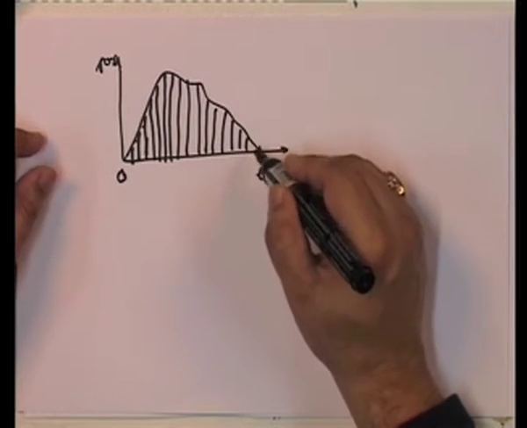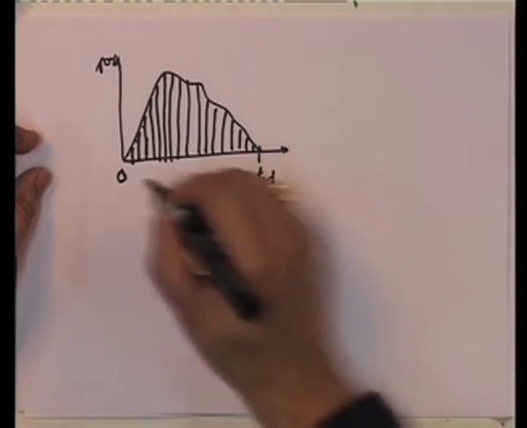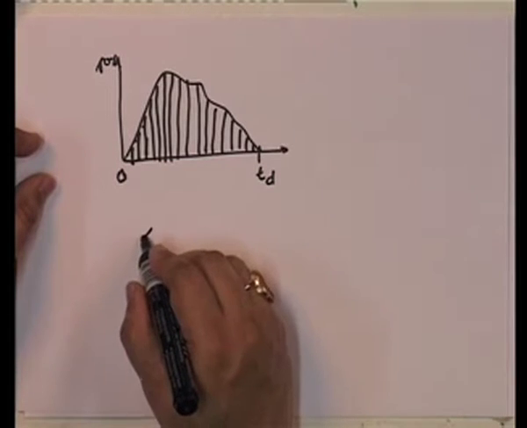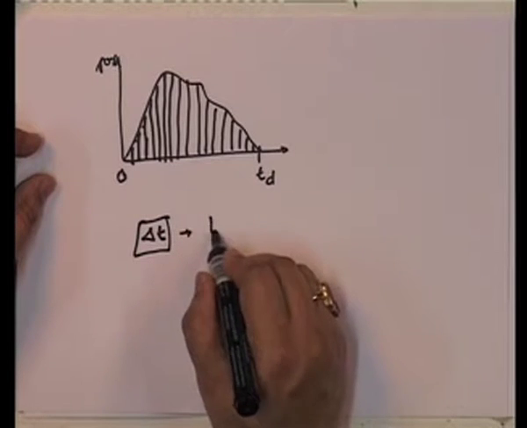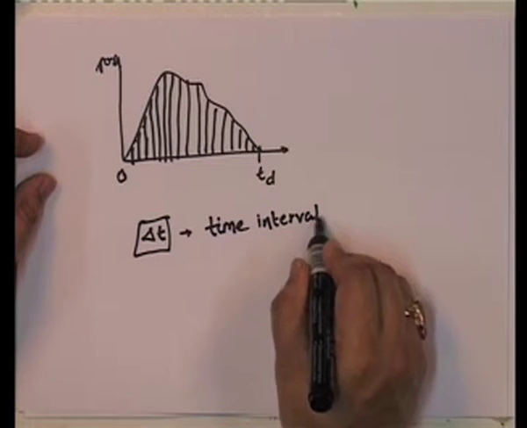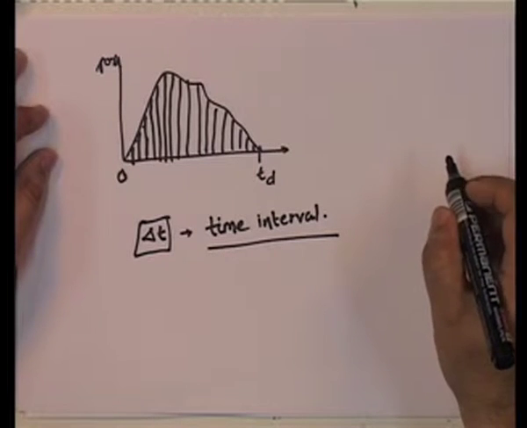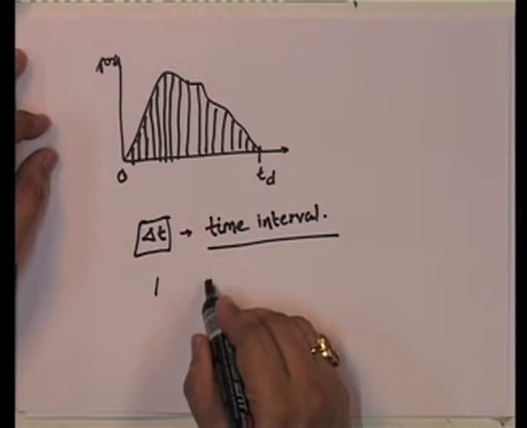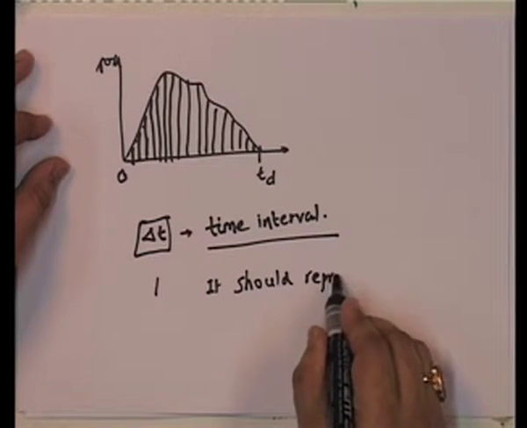In today's world, most data is stored in digital form. In digital form, what you are essentially given is delta t, which is a fixed time interval. There are two aspects to this delta t, and we will discuss this as we go along. One, it should represent